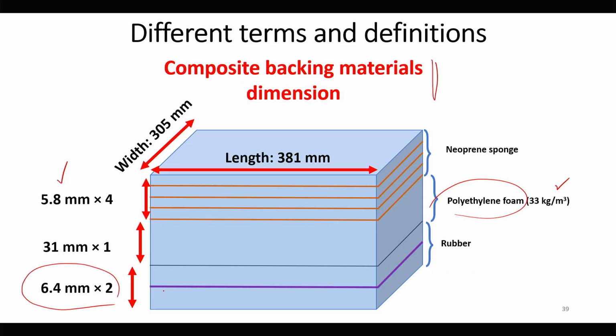The neoprene foam will be 31 millimeter thickness, and the rubber will be 6.8 millimeter, with the 2 rubber. So, the total thickness, if we add all this, will be very high. This is the backing material for flat armor,